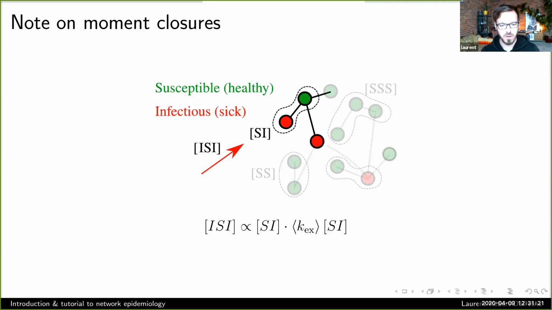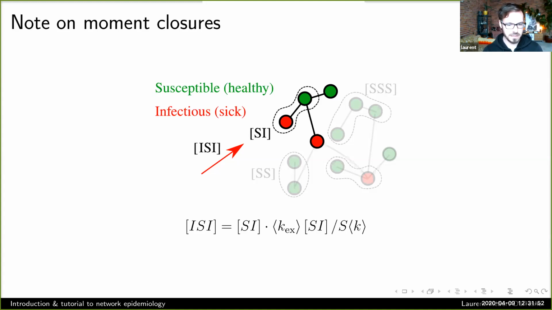And then we're going to want to know, out of all those edges coming out of that node, how many are susceptible-infectious, lead to an infectious node. So that's going to be proportional to how many SI edges I have in my network. But I need to make it a probability. What is the probability that my excess degrees are leading to SI edges or to I nodes? So I just need to normalize by all edges coming out of green nodes right now. And that's the number of susceptible individuals times the average degree, right? So it's a little hard to follow, but it allows us to make steps in the network and introduce these two key quantities, the average degree and the average excess degree.